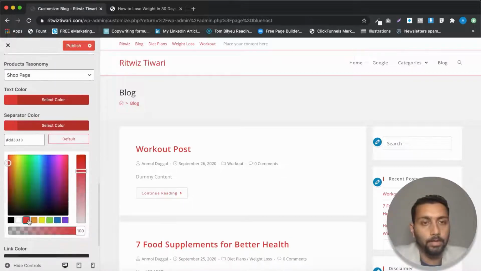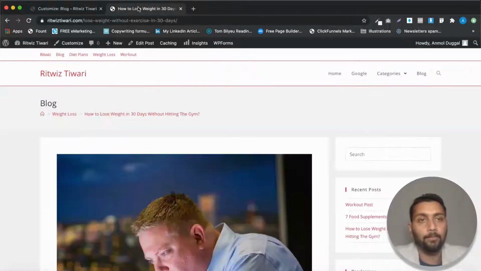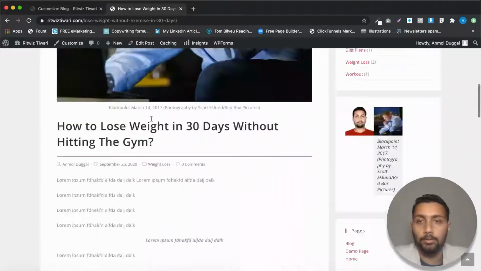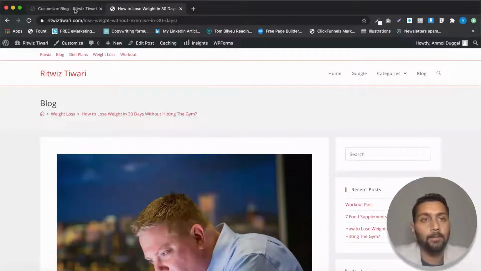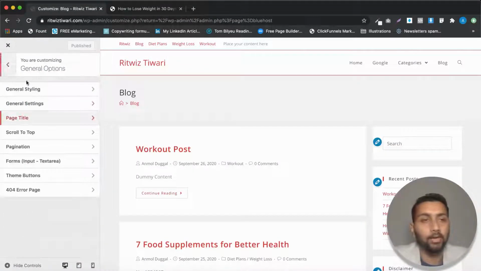Let's check the separator color, make it orange or something like that. Let's make it yellow and publish it, and then reload it here. I don't know where the separator actually happened, but it must have happened somewhere, obviously, if we have selected. So don't worry about it. You can try it out. You can check it out. These are small things that OceanWP allows you to customize.